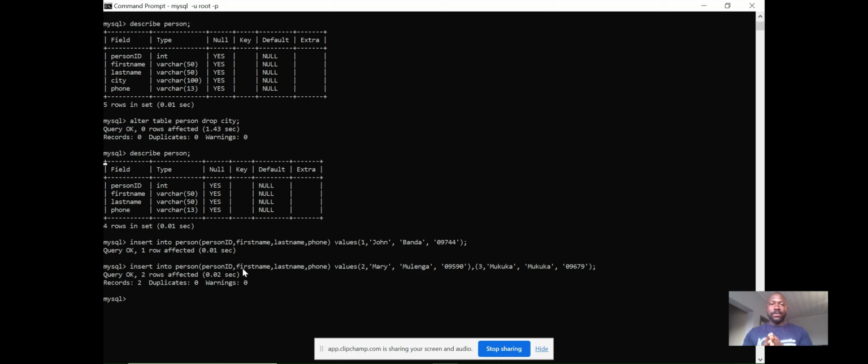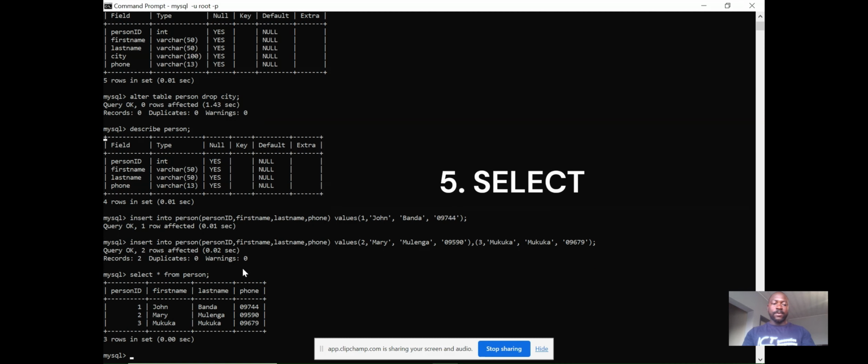The fifth operation is one of the most widely used operations, and this is the select. We want to see the data that we have entered. How can we see it? How can we retrieve it? We use the select query or the select operation, and it goes like this: select star or asterisk, star from person semicolon, and it has brought us all the results that we have entered,